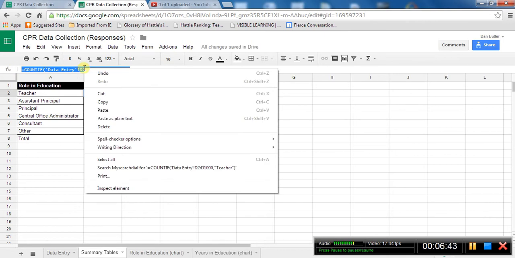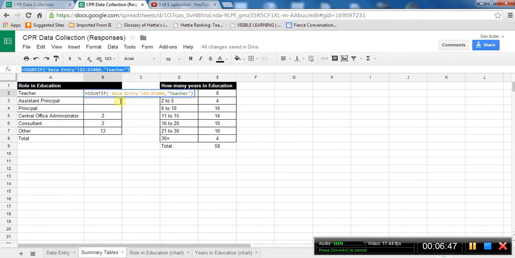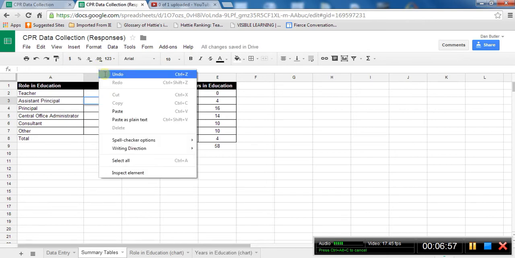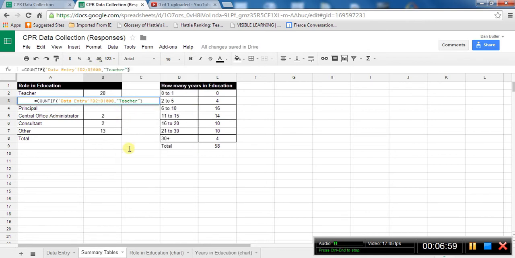So I've selected that formula. Simply going to right click and go to copy. Then going to go down to that assistant principal cell. Click in the function box again. I'm going to right click and paste. Now, this still says teacher. I just need to change this part of the formula to make that say assistant